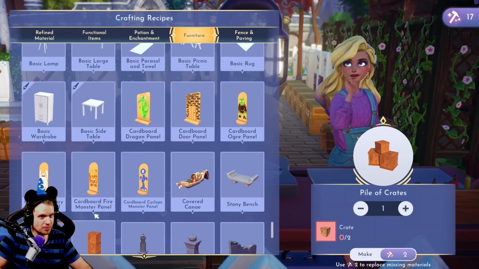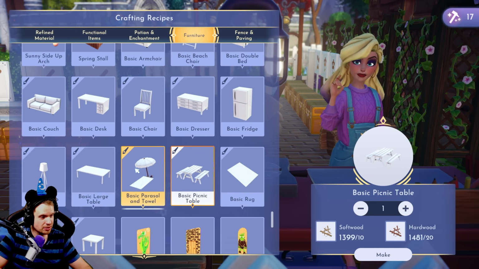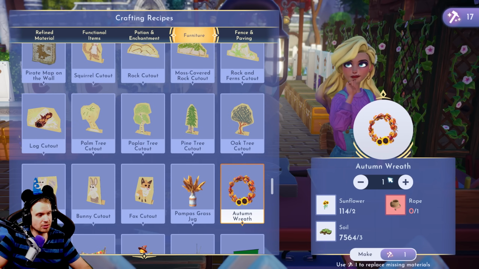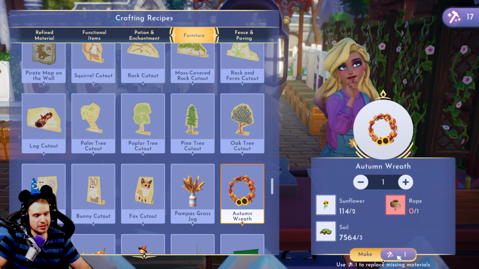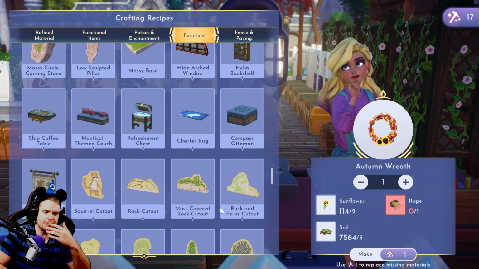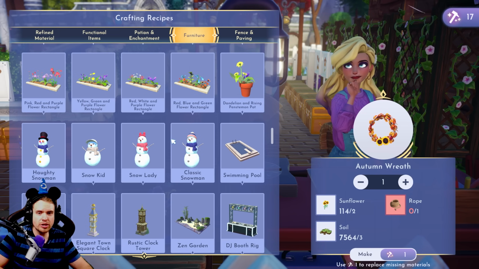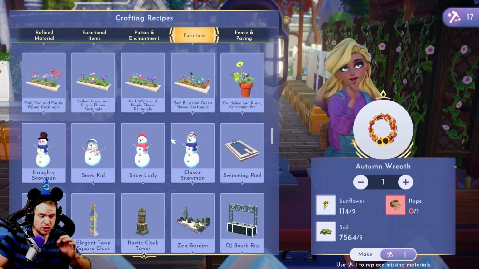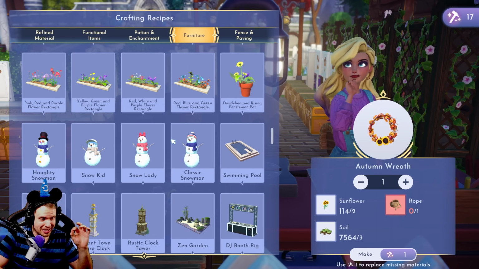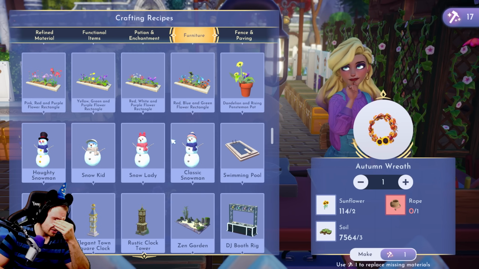Wow, these can be crafted by crates. Like for example, let's find something that would be very unfortunate to use this thing to craft. Like this Autumn Wreath. I could just make one rope, but instead I'm just gonna have to waste a whole glitch shard. Honestly, I'm trying to figure out what would be the use for it, because I don't see which resource is going to be harder to get than getting one of these shards, because it's such a pain to go...